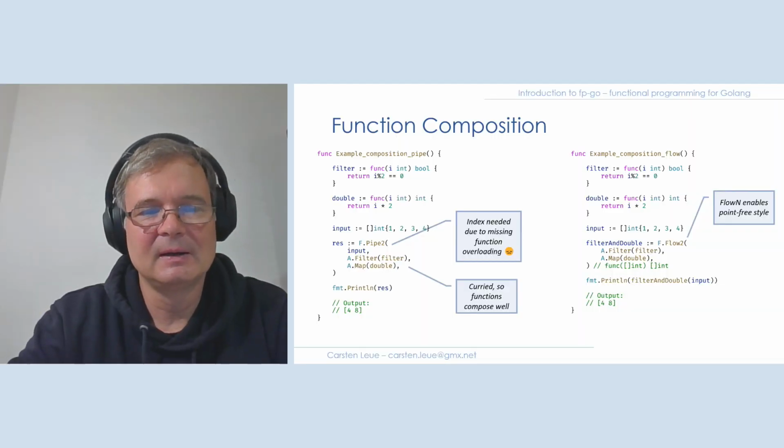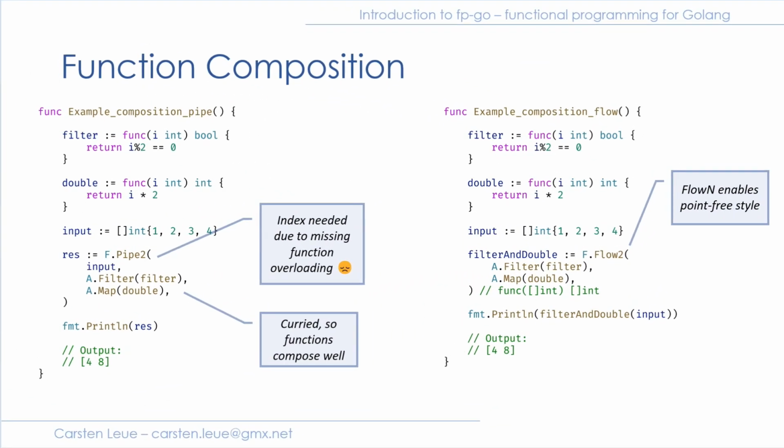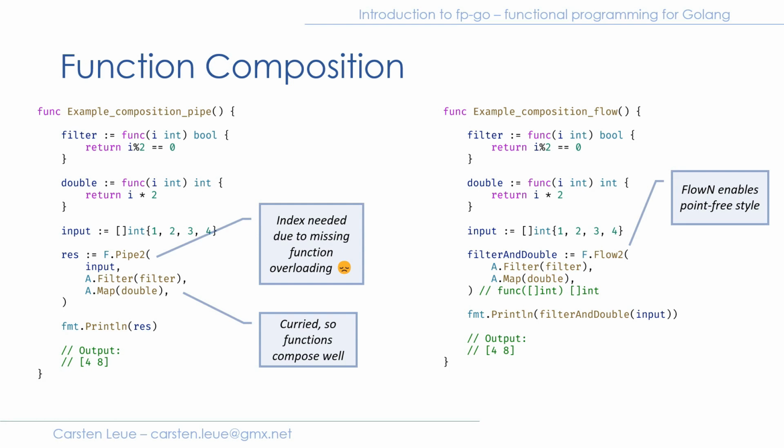Okay, thank you. All right, so this illustrates the use of function composition. On the left-hand side, we can see that we have a sequence of a filter and a map operation. And now it also makes sense why these operations return functions and not take two parameters, because by returning higher order functions, we can easily compose them in such a flow. So when we read this program, we can start with the input value. The next step will be a filter operation, a map operation, and we can easily understand what's happening in this piece of code. We're just following the composition.